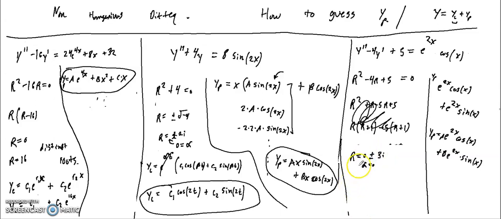And we get, well, yc equals e to the 0 times x times c1 cosine of 3t. We'll just say this is regular i, so cosine of t plus c2 sine of t. And, well, this e to the 0 is 1, so it cancels out. And we're just left with